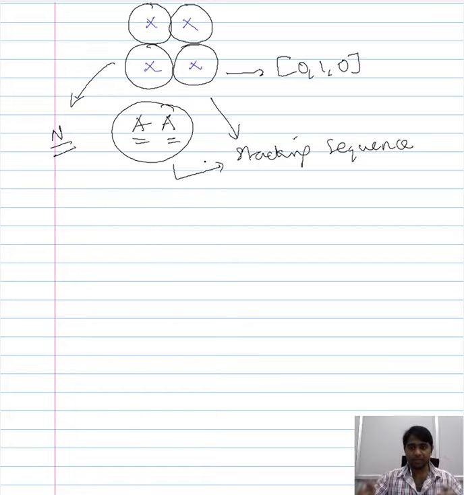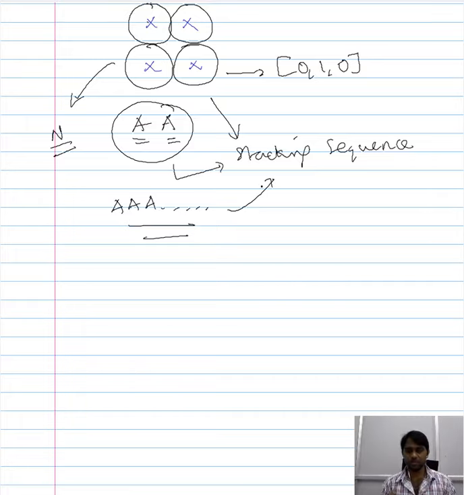And if you keep on building it, this will continue, and you would have the same name or same letter representing each of these planes, and this way you are describing the whole of the crystal structure. This approach is referred to as the stacking sequence. So essentially, by focusing on a particular plane along a particular direction and stacking the atomic arrangement in those planes, you have represented the whole of the crystal structure using the atomic arrangements in these particular planes.